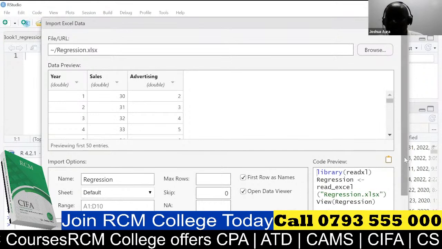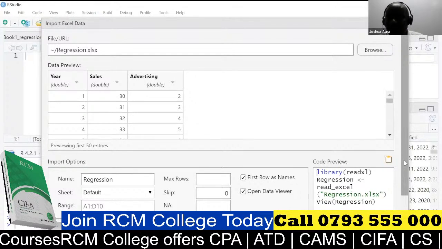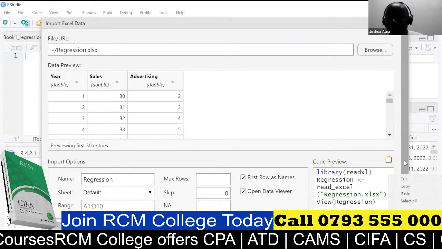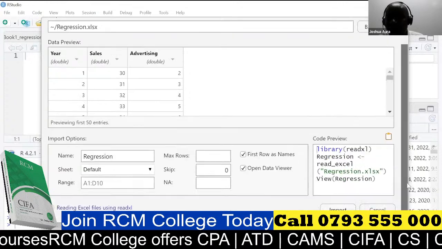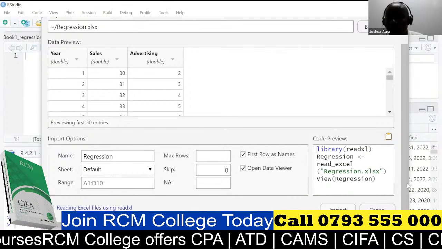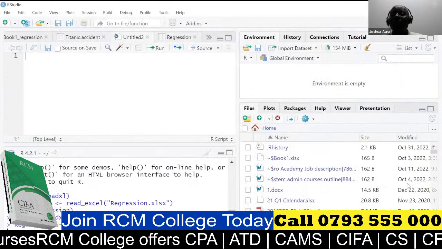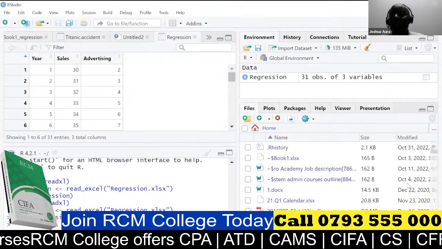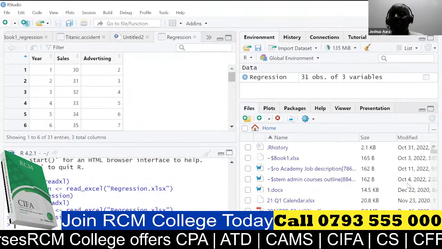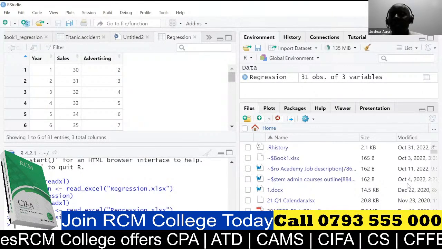So what I need to do is scroll this down a little bit until I see this import. I say import. It has imported. You can see it is